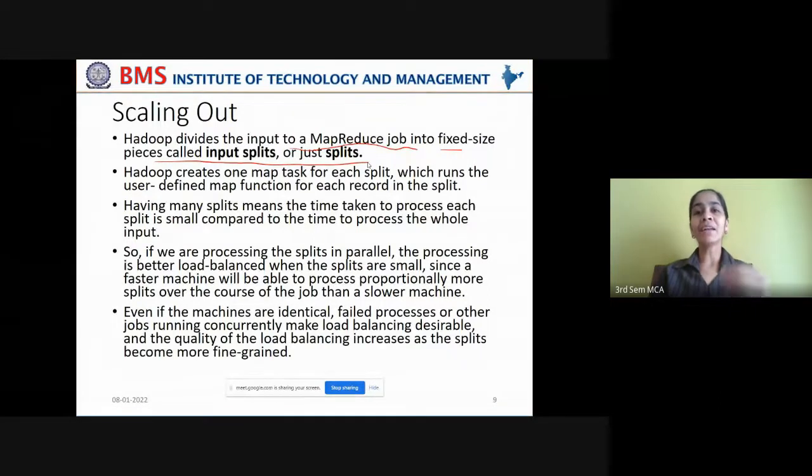This gives a view to the client that some of the jobs are completed and the result is available, and other jobs are still delaying, meaning other map tasks are still delaying, so the client may get a doubt whether any interruption has happened with those jobs or with those tasks. Okay, so in order to avoid that kind of misconception, it is always better to divide the input splits into fixed sized chunks.